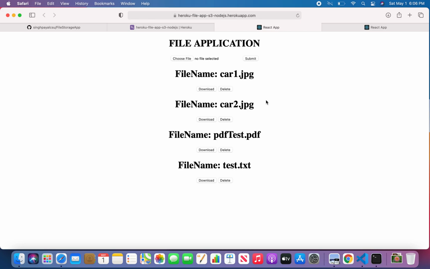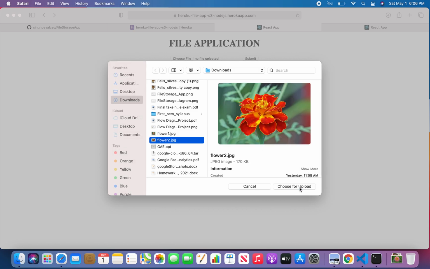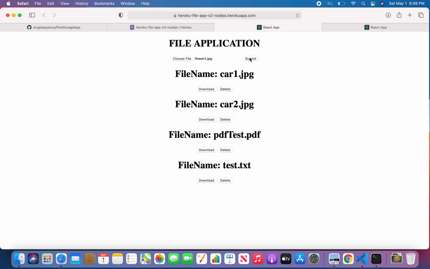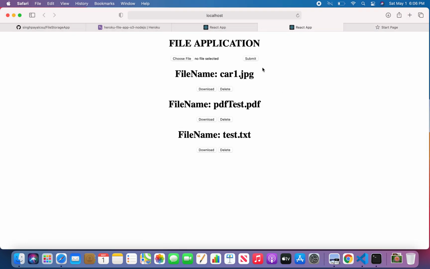Sometimes it takes 1 or 2 seconds. Let's try to upload one more file. Now let's check whether our file has been uploaded to S3. You can either see your AWS console, or see which files have been uploaded to the AWS S3 bucket.